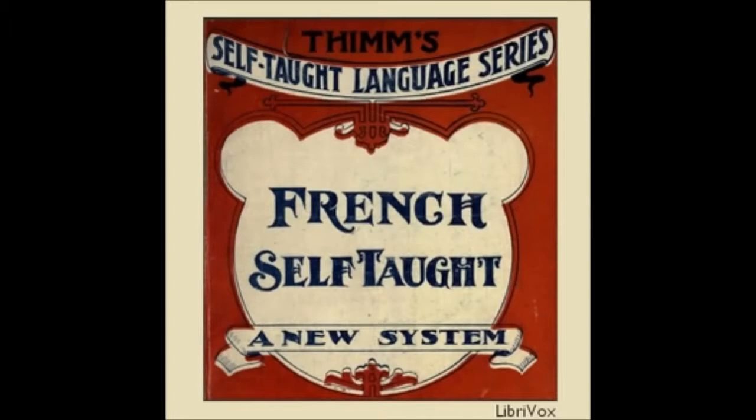L. Thimm. Section 3. Vocabulary. 19. Adjectives. Poor, pauvre, rich, riche, clever, prudent, stupid, stupide, sharp, aigu, blunt, obtus, clean, propre, dirty, sale, hard, dur,